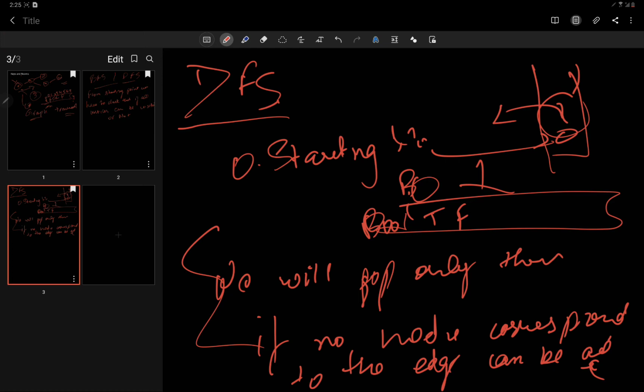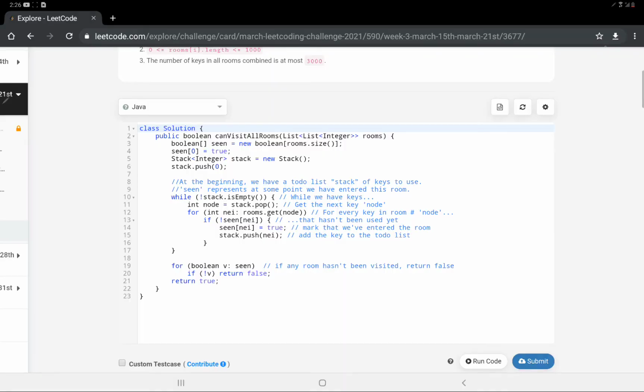Alright, let's see the code for this question, and this will be much clearer then. So here is the code, and we see that we have taken a boolean array. It would be of the size of rooms only. Initially we are putting 0 on the stack, so we have marked it as true, and we have initialized the stack and pushed 0 to it.